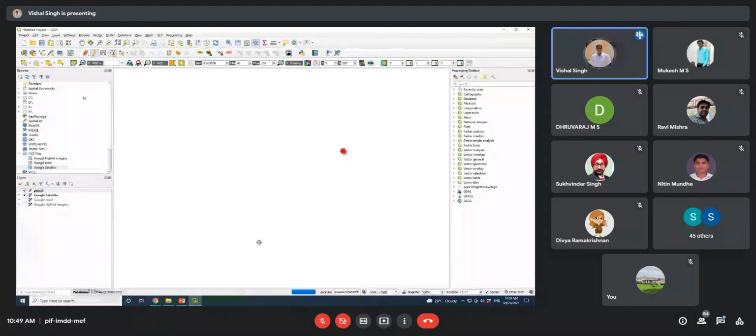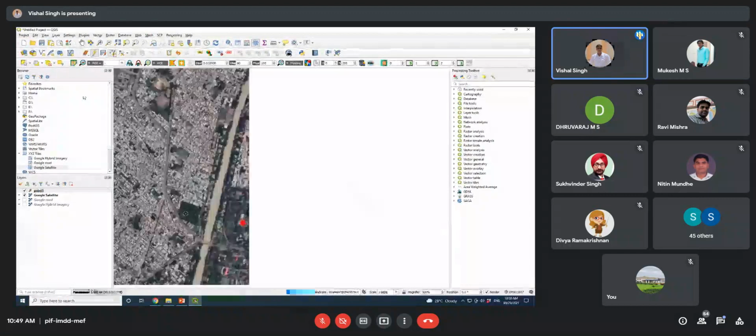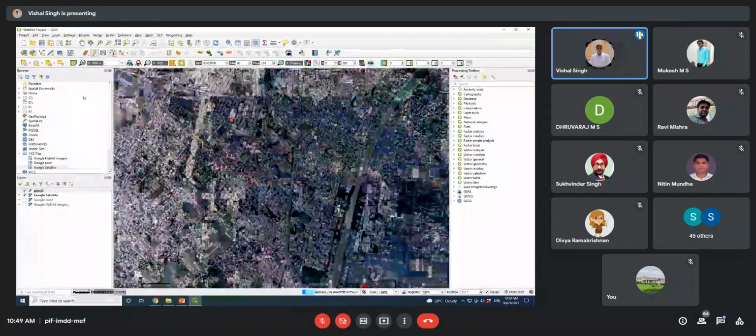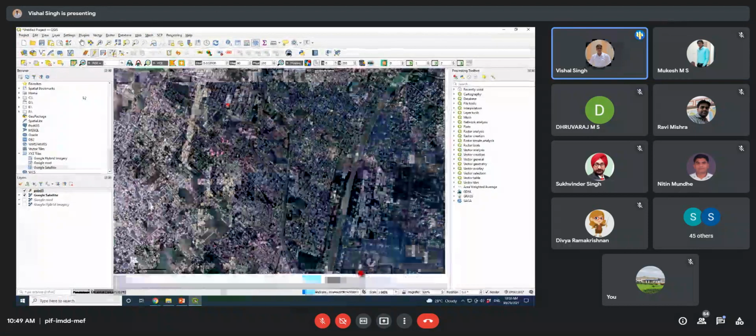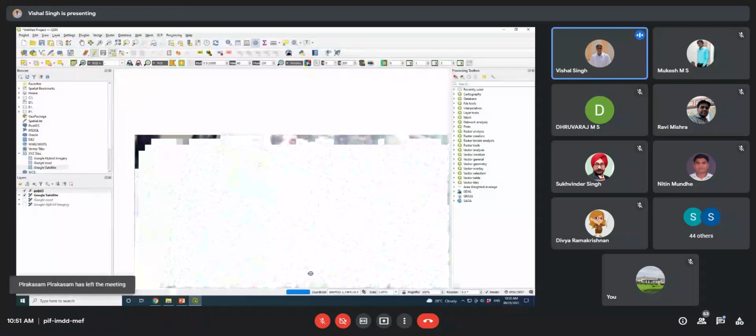Like the swimming pool I have created, I will locate another swimming pool. This is something else, so we will identify another feature.